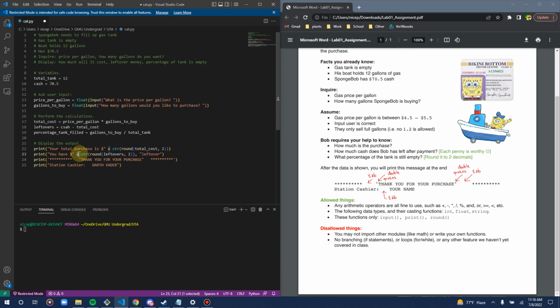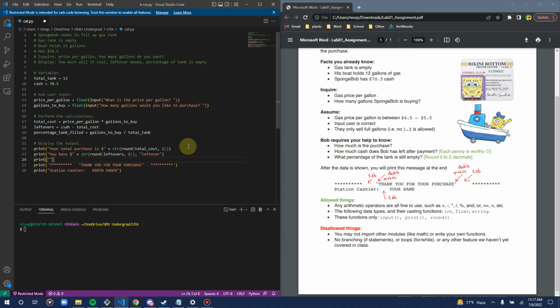Again, the reason I have to make this a string is because if I didn't, then I would be trying to add letters to a number, which makes no sense in Python, so it will give you an error. So you do have to, on the highest level, make it a string after you do your rounding as a number. So lastly, we want to display